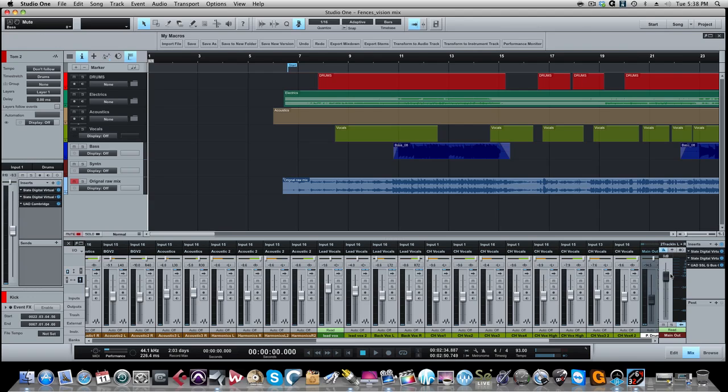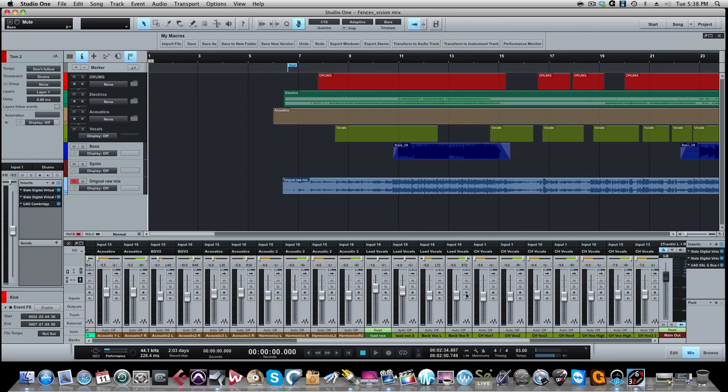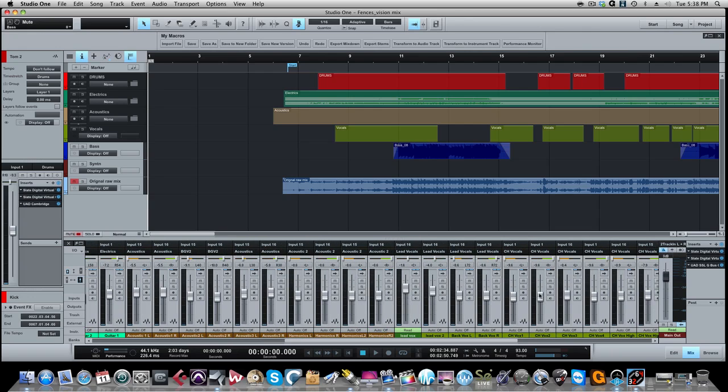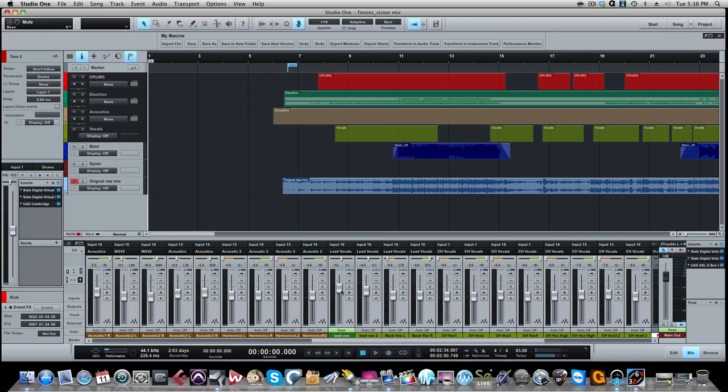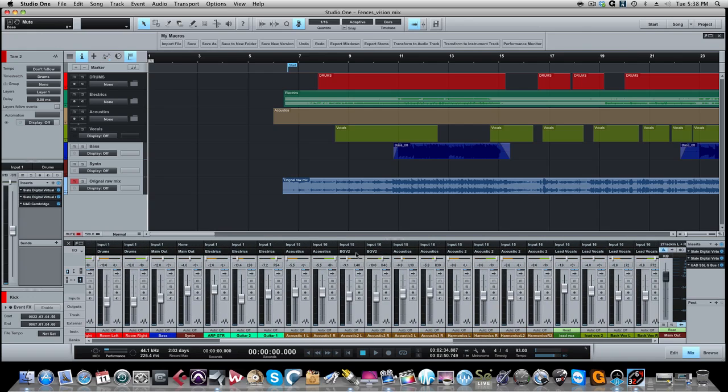Some guys will say you could start off at -6. Some guys will tell you -18. I found that -10 to -12 dB is a good starting point. So if I had all my faders at 0 dB and played back the song, and my master fader was going above -10, -12, I would find the offending tracks that were causing that to happen, and I would start to